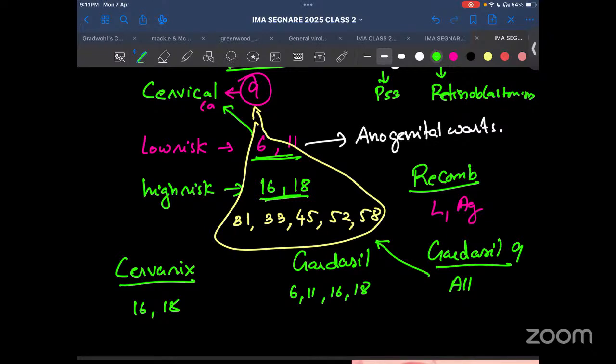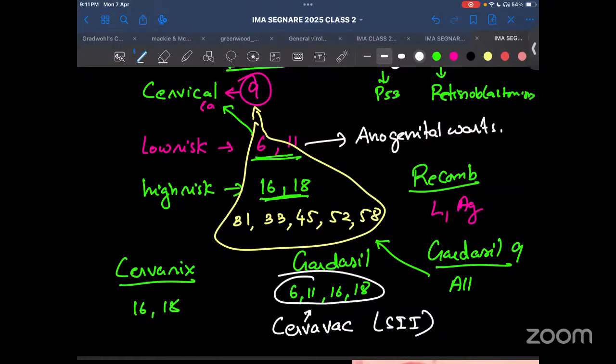Now there is a new vaccine that is available now, known as Cervavac. This is developed by Serum Institute of India. It is developed in India, and it is the same as Gardasil only. Okay, it contains 6, 11, 16 and 18. So if you haven't taken the HPV vaccine, go and take it, because it